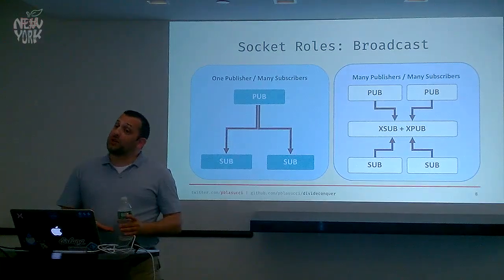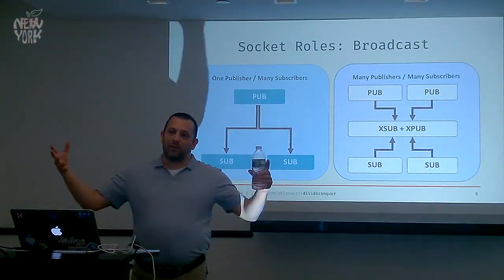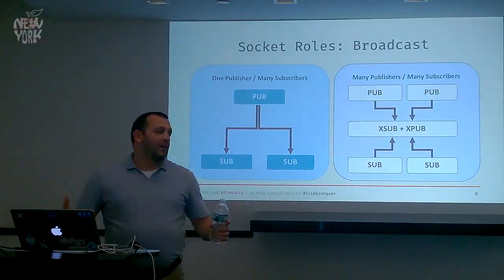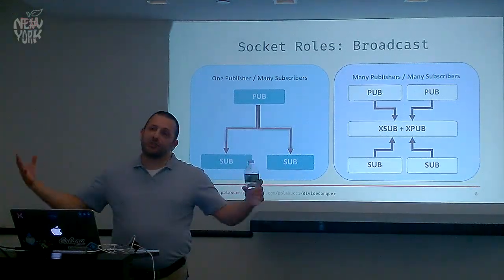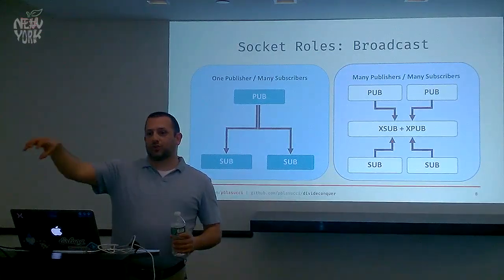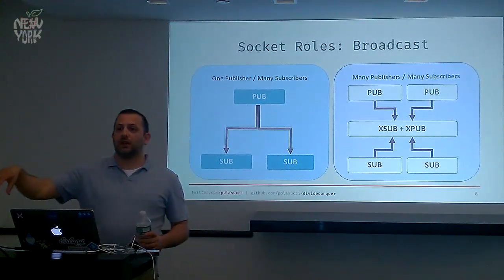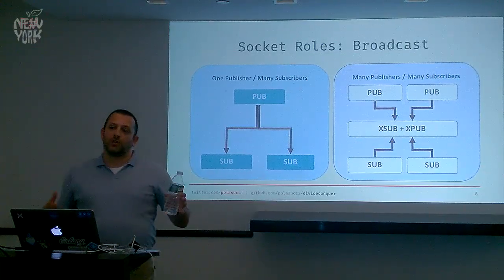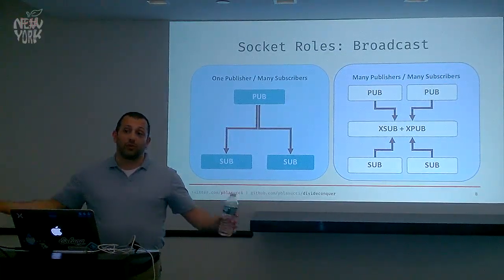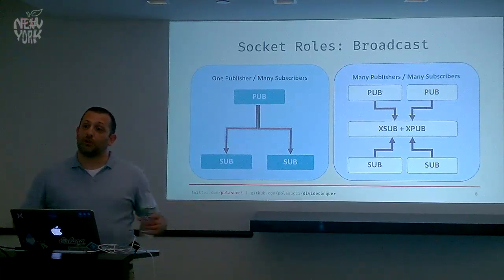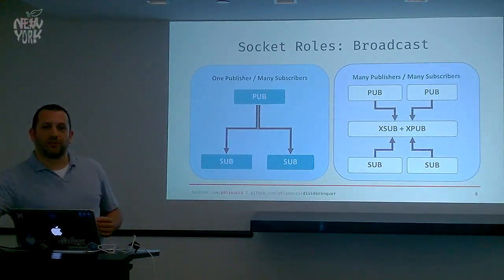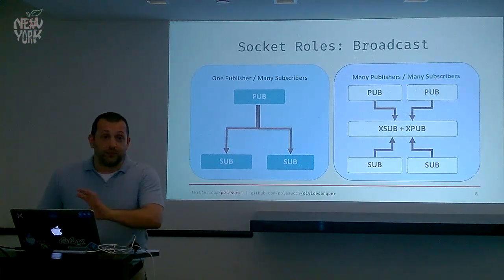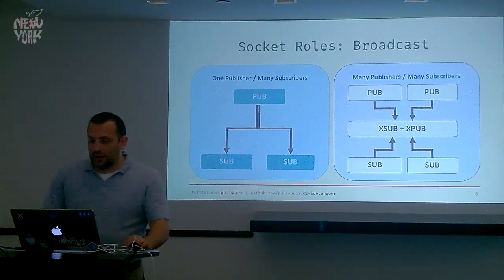You can use router and dealer in that way. You can also make the router and dealer the actual terminuses of a channel and use them directly. You typically use pub and sub as the terminuses and treat XPub and XSub as very naive intermediaries whose main property is they're well known. So you have your few stable points in your topology so that the bulk of your network can come and go arbitrarily. And you don't have to manage 100,000 connection strings. Good question, though. If I'm moving too fast or we want to go back to something, that's fine too.